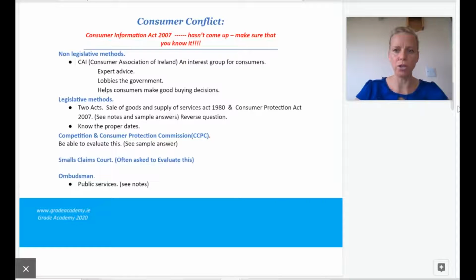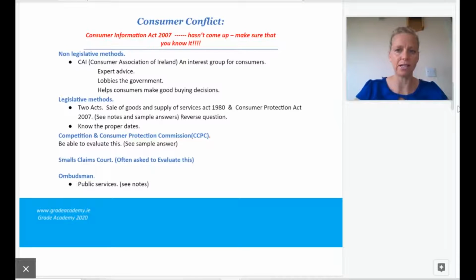So I will be saying, know this topic and know it quite well. Okay, so let's have a look down through the topics then that we need to look at here: consumer conflict. First one that we have is non-legislative methods. So how can you solve it? If you have a problem with a business, you've bought a product or a service, you're not happy, how do